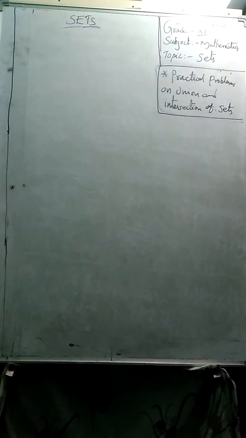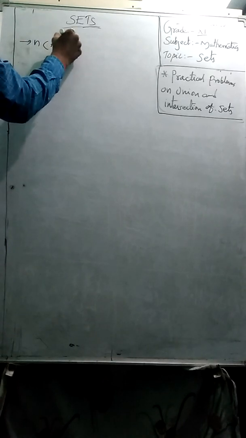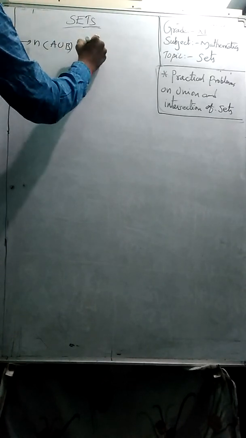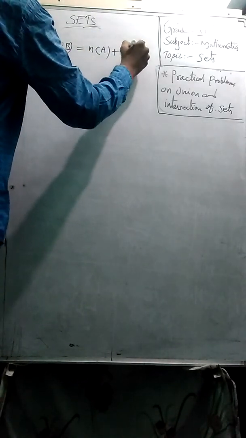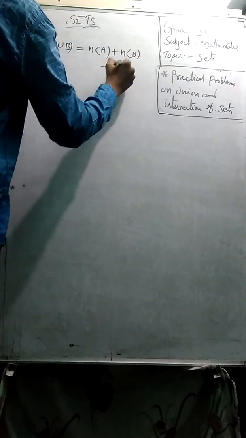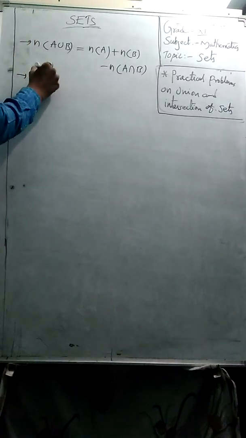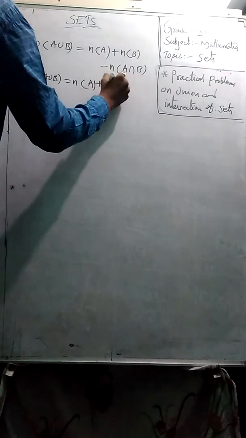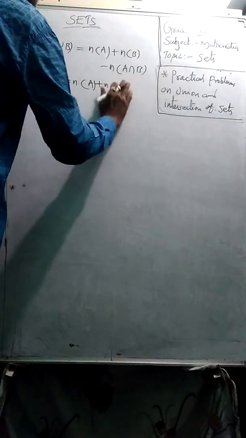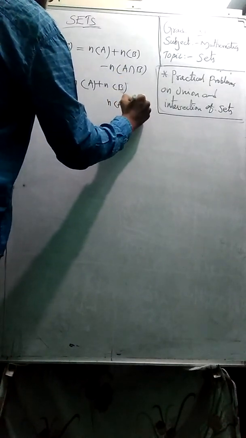We have some practical formulas on union and intersection combination. If two sets are given, if they are not disjoint, if they have common elements in both the sets, n of A union B is defined as n of A plus n of B minus n of A intersection B. And n of A union B is defined as n of A plus n of B when they are disjoint sets, when there is no element in